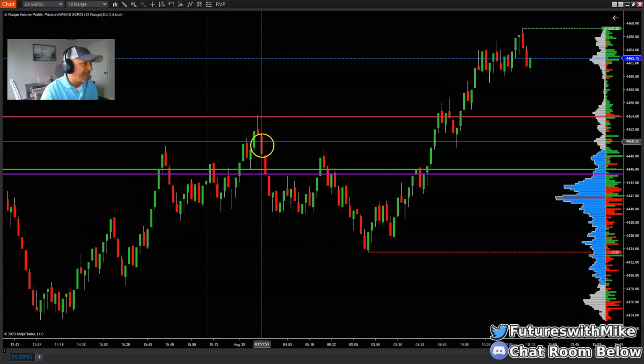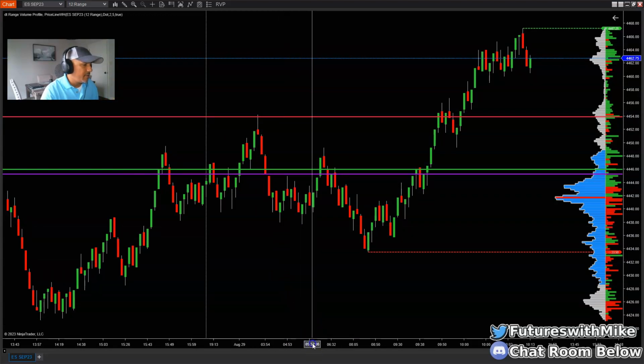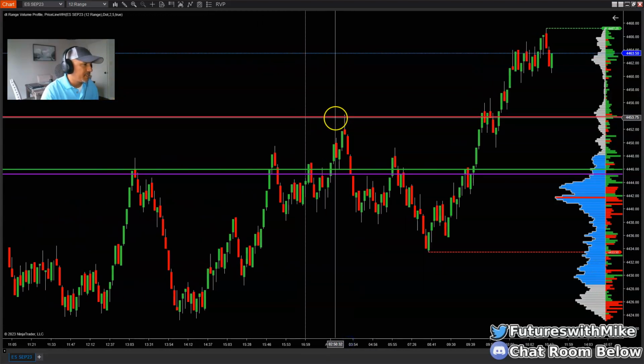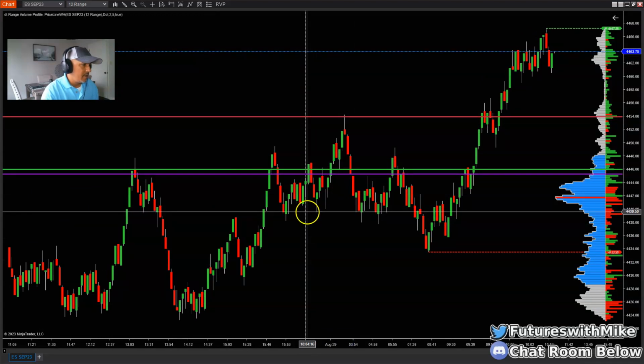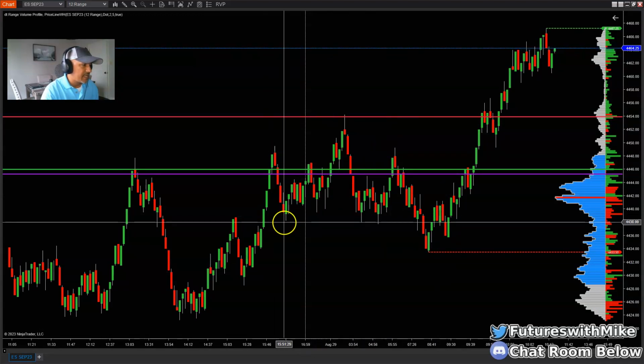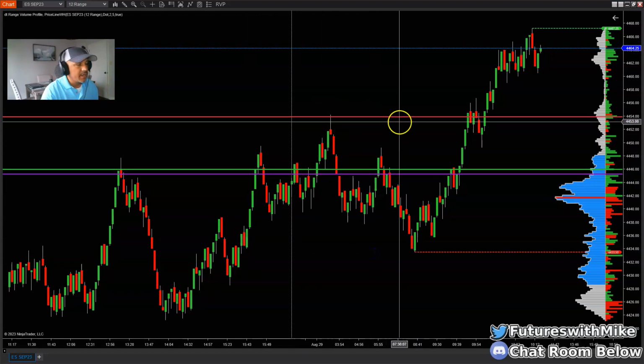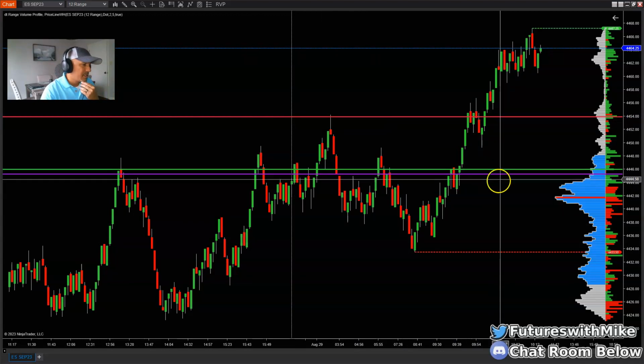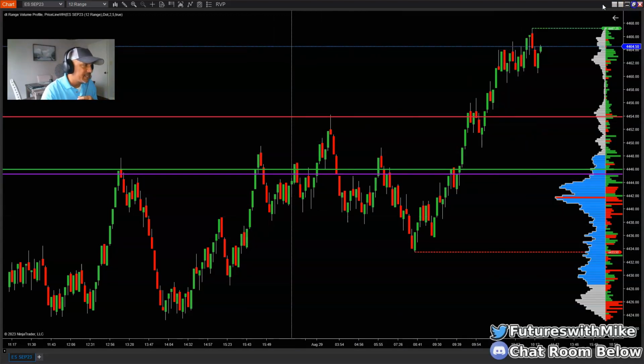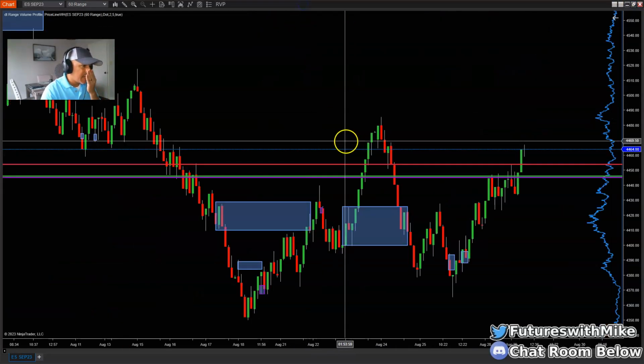So it pushed back to this key area of supply off the 60 range chart, and then we got a break of structure to the downside, taking 44.38 out. So yeah, you could have definitely been looking for shorts. But now we are still continuously pushing higher. We're still in that 60R supply area.